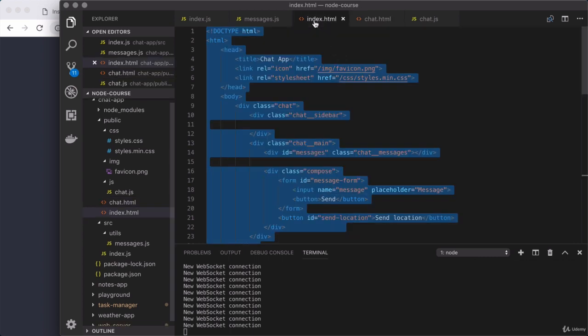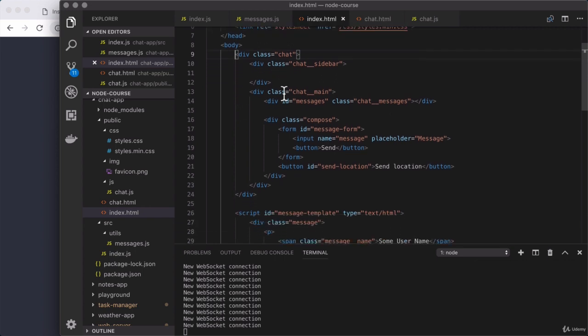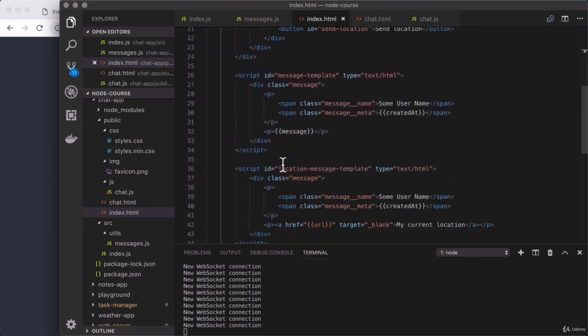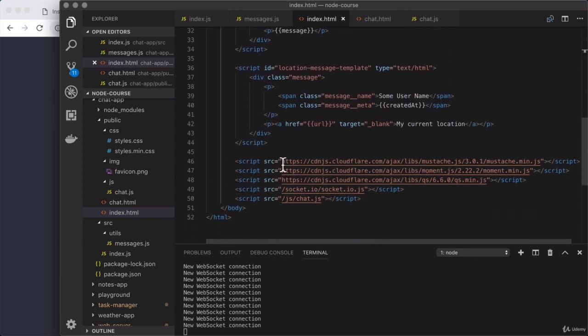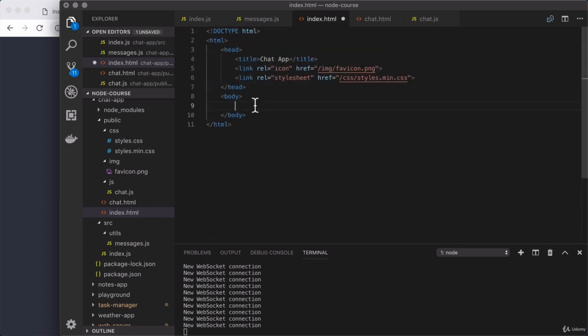Now, index.html is going to be the join page, and we're going to get started by gutting everything we're not going to need. We're going to leave the head of the document exactly as it currently exists. Down below for the body, we're going to remove everything. So we're removing our div with all of the chat content. We're removing all of our templates. And we're removing every single script tag down below. That's going to leave us with an empty body,